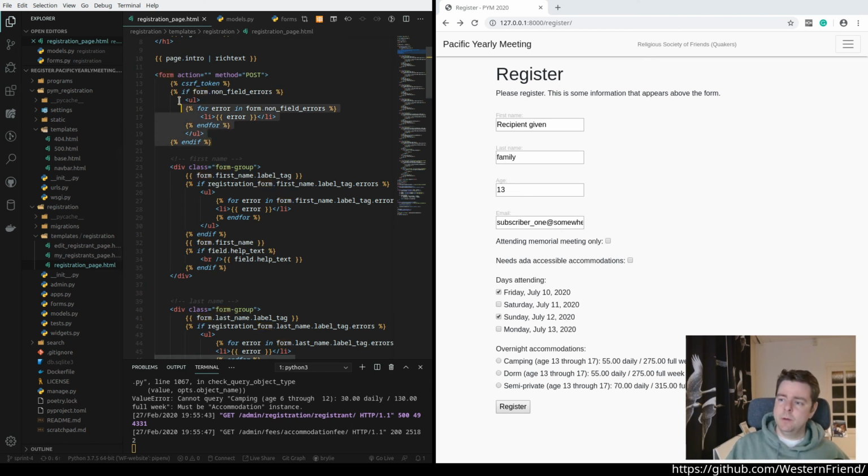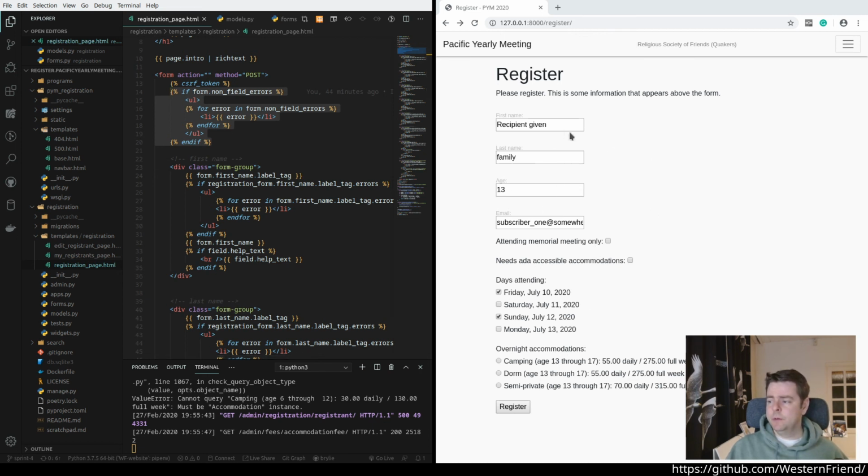So inside of our form, we need to handle non-field specific errors. I'm not sure what types of errors could occur, but in any case, we're going to loop over those if they do occur and display them in a list. And I can apply Bootstrap classes to this list so that they're colored, so it's attention grabbing and things like that. And there are basically two